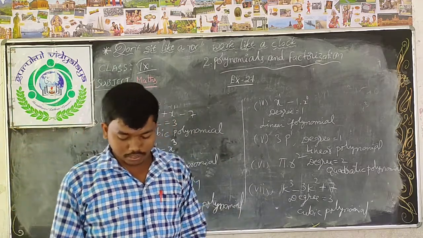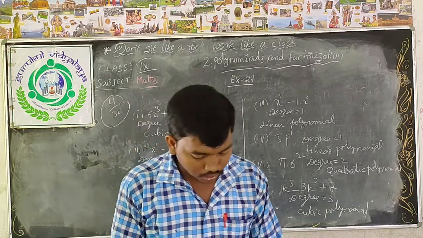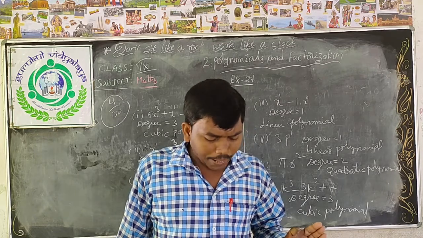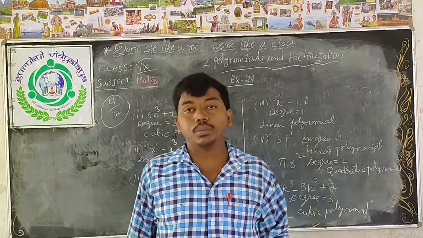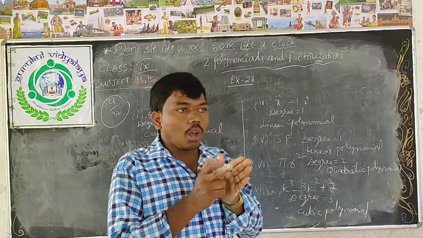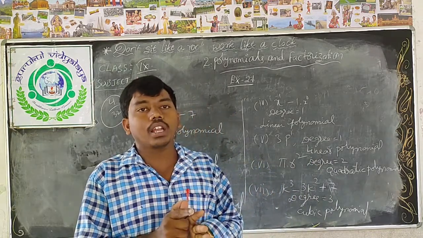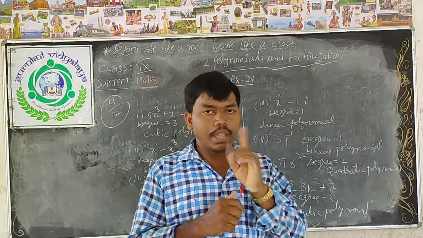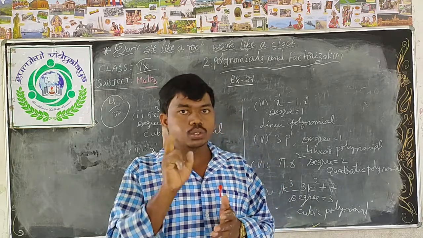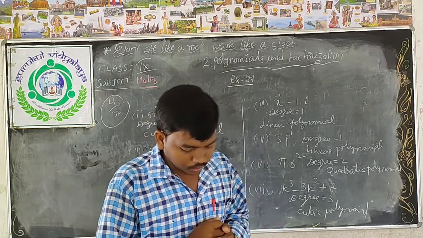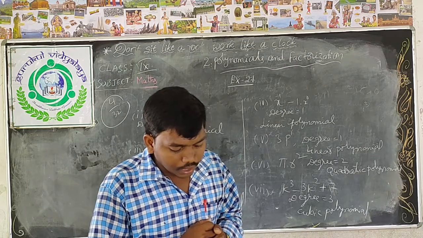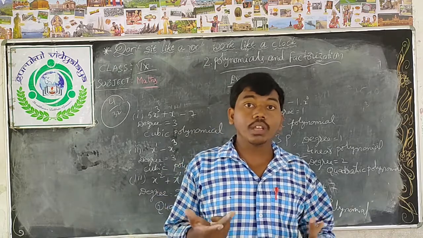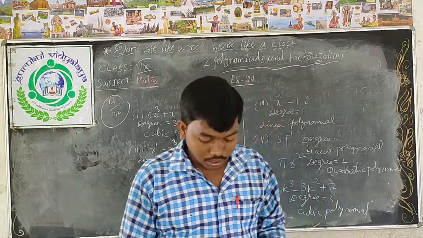See the children, next fifth one. Just I will read that. Check whether the following statements are true or false. A binomial can have at the most 2 terms. A polynomial having 1 term is called a monomial, so at most 2 terms is called a binomial. So 2 terms, that is true. Every polynomial is a binomial. No. Maybe multinomial, trinomial, monomial also polynomial. This is false.